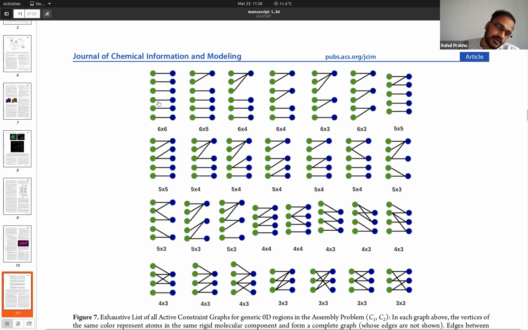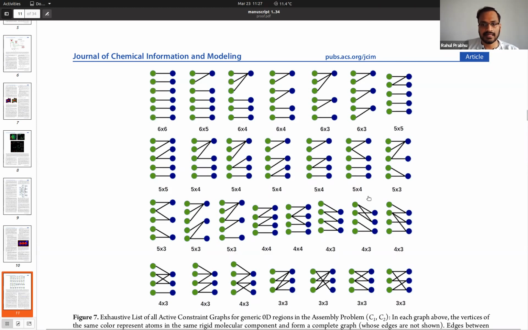So let me explain what the blue and the green are. The green are all the atoms on one molecule. The blue are all the atoms on the other molecule. Not all of them, some of them. This green set also has other atoms attached to it, and this blue set has other atoms attached to it. So I'm just showing the ones that are in an active constraint. This picture lists all the possible ways in which you can have